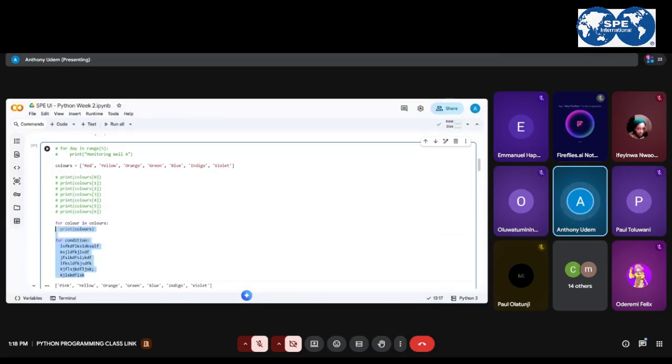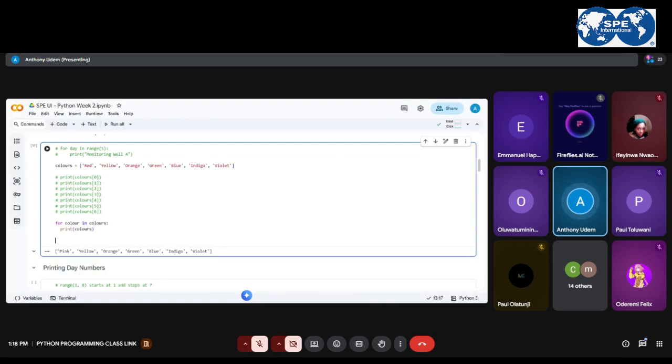Let me show you. I hope everybody is following my explanation here. This is me explaining the for loop generally. Now, if I want to print